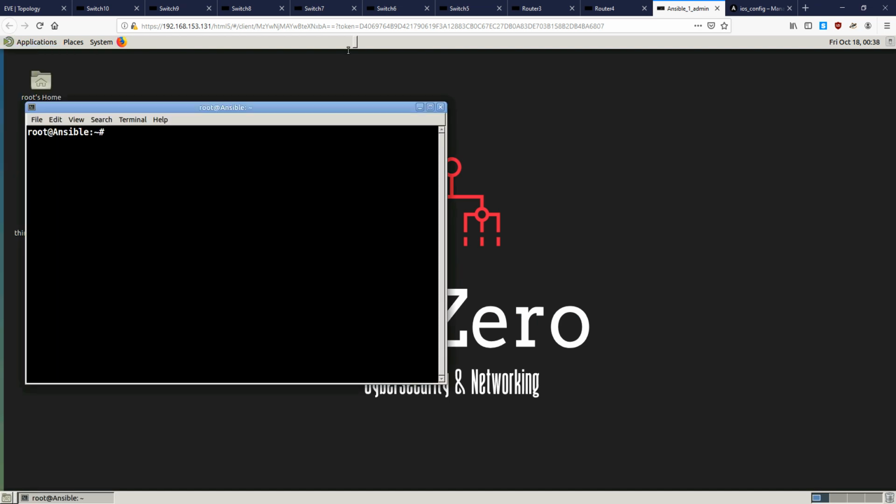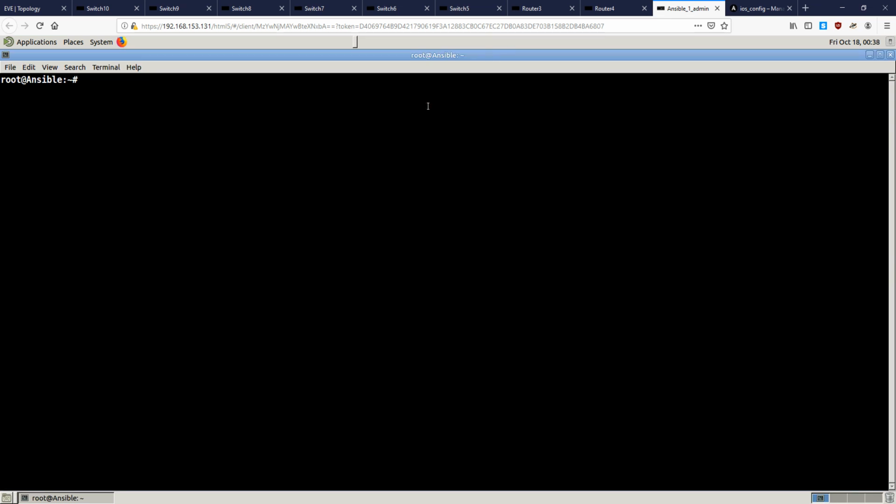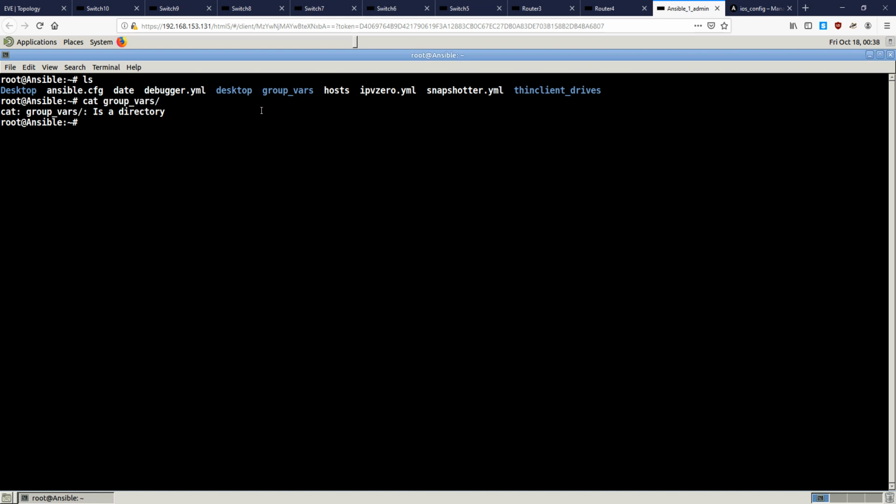And I've created some files, so... Okay. Now, important, Ansible understands this naturally. See this thing called group vars? It will look for this automatically. So if I do cat group vars, within that, or rather cd group vars,